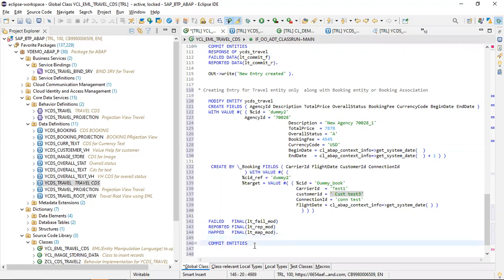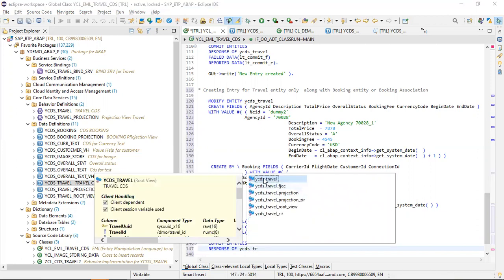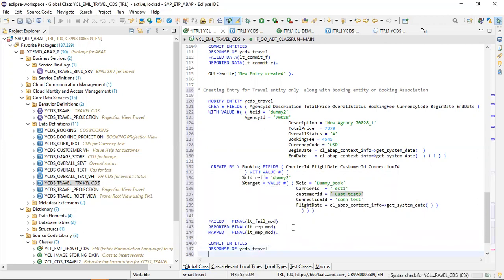Then after commit entities, I'll use response of ycds travel, and will capture field data, LT commit field,